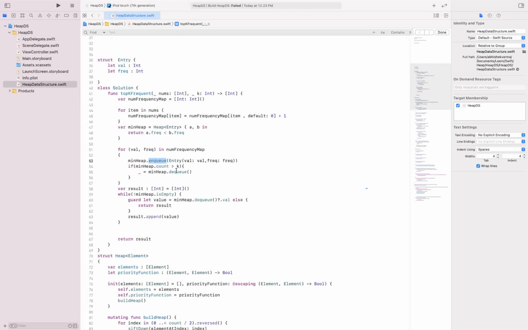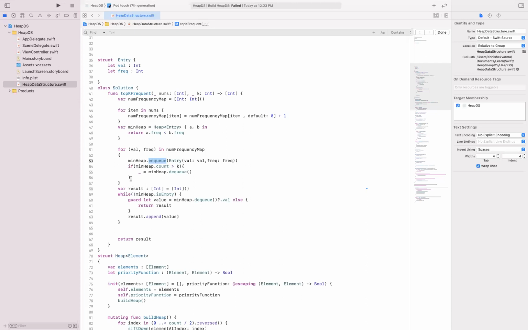So every time I add an entry, whatever the minimum is, I will be extracting, so that it is maintained. It always has k elements, and those k elements always have the highest frequency, because every time I'm pulling out the minimum frequency from the min heap.